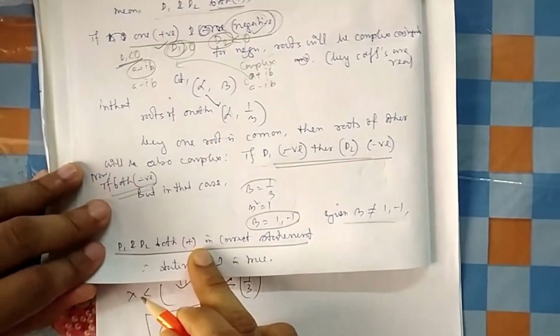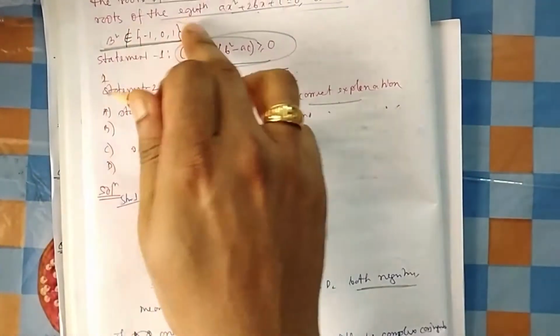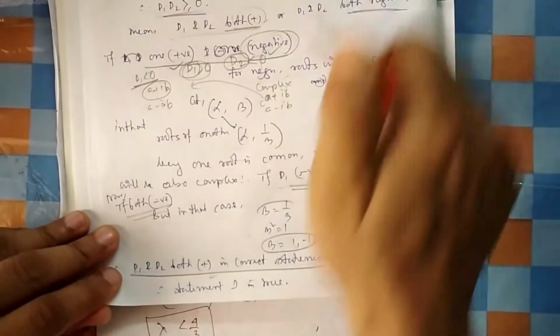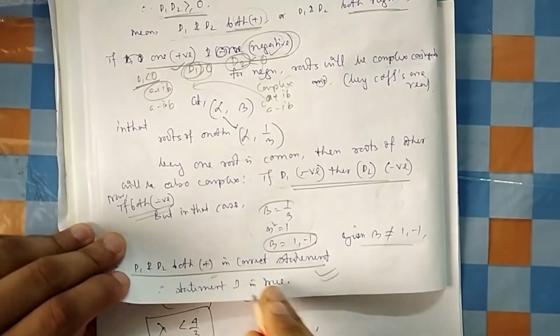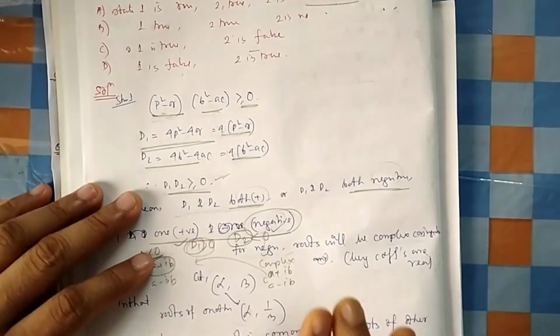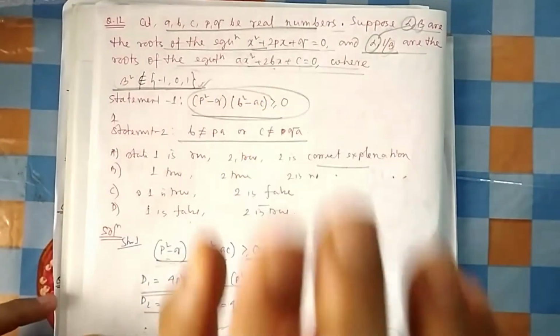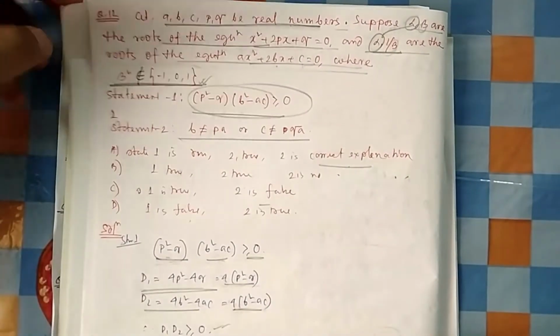So I cannot conclude anything which shows this to be wrong. Whatever is given in the question shows that both can be positive. If both can be positive, then it is included in statement 1, so statement 1 is true, because then the product will be positive. Okay, now let me check statement 2.